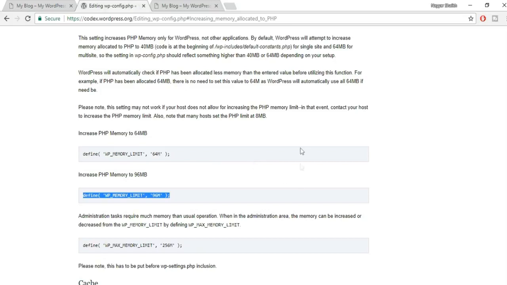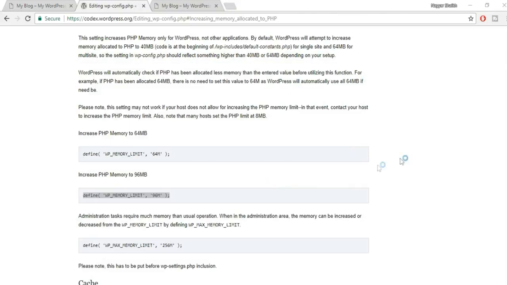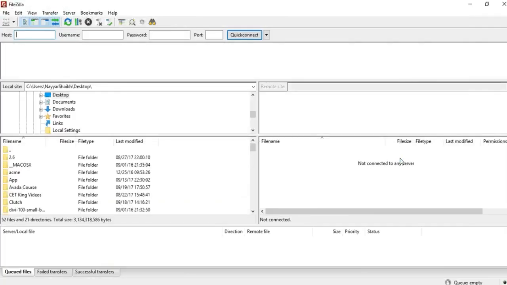There is a file, the WordPress config file, I guess. You have to paste this code over there. Just copy this code from here, and there are different ways of doing that. What we can do is use FileZilla, which I mostly recommend. If you don't know how to operate it, you can watch